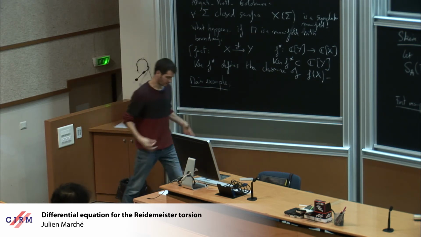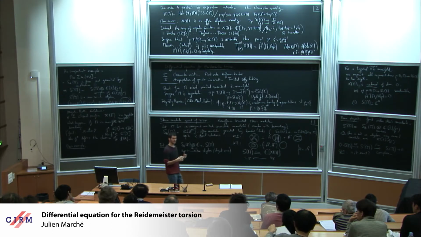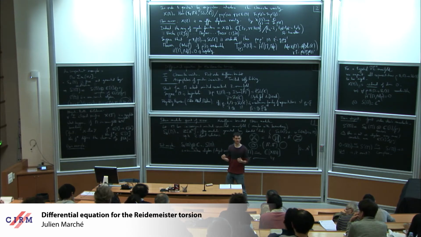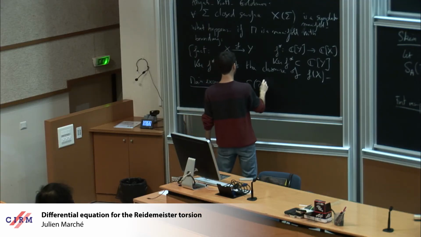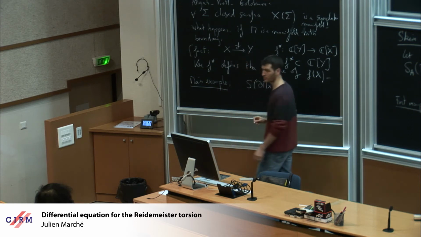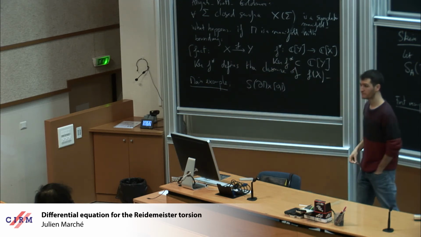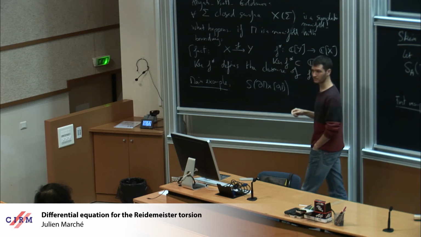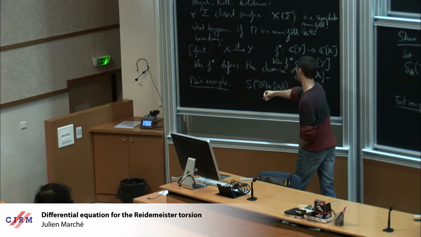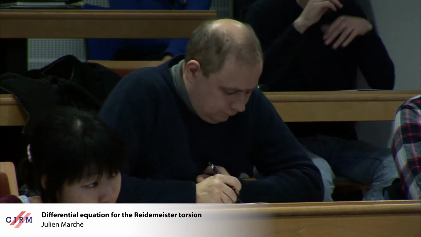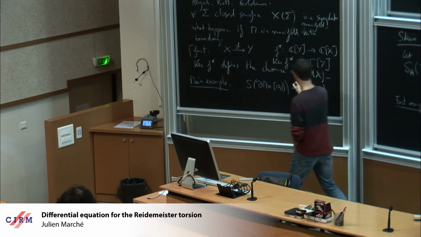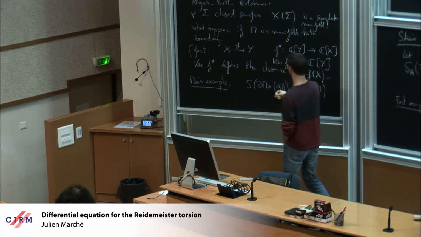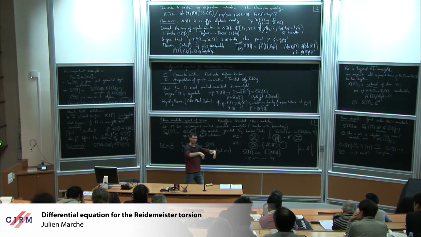Well, I'm considering a manifold M with boundary. So I have the skein module of the boundary, or say the boundary of M times [0,1]. So I take a tubular neighborhood of the boundary of M. This is a skein module here. And I look at the inclusion map to S of M. This is just given by inclusion. If I have a link close to the boundary, I can just consider the same link inside M.